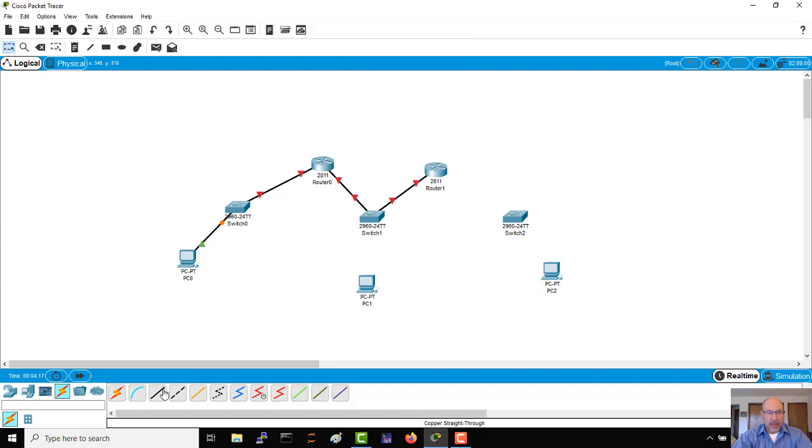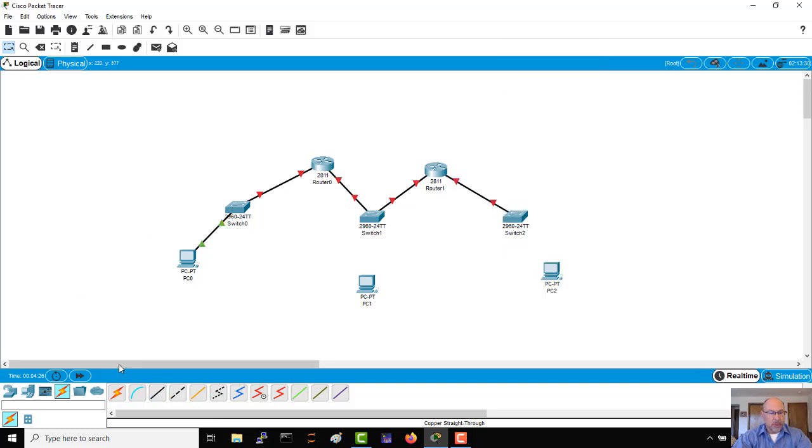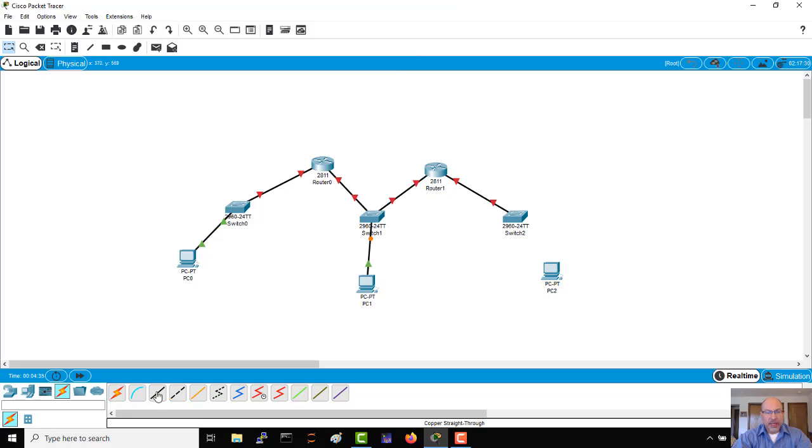I also have a convention that I like to use that says, well, I'll put the lower numbered router ports on the left hand side and the higher numbered router ports on the right. There we go. And then last but not least,